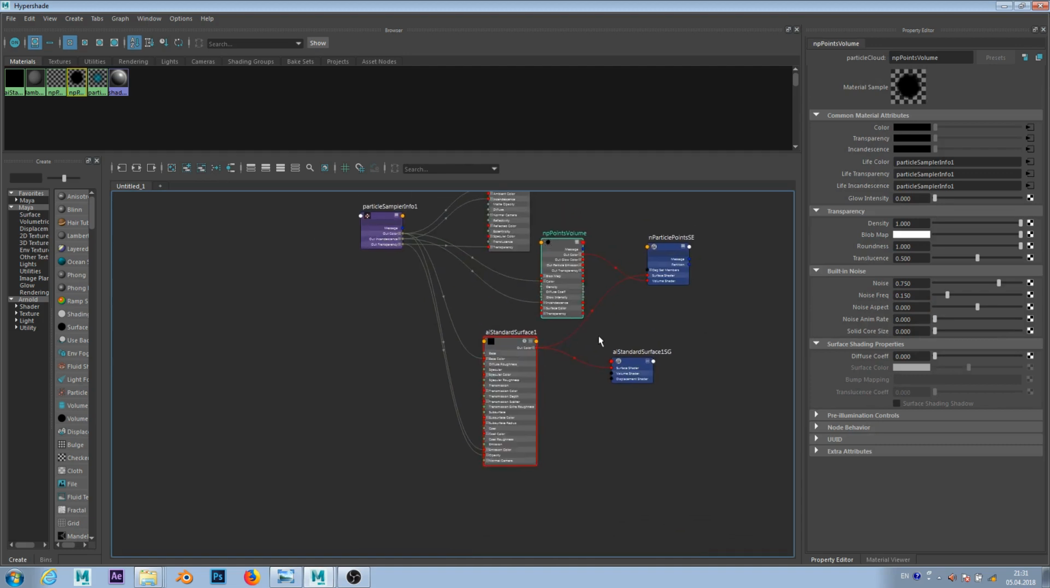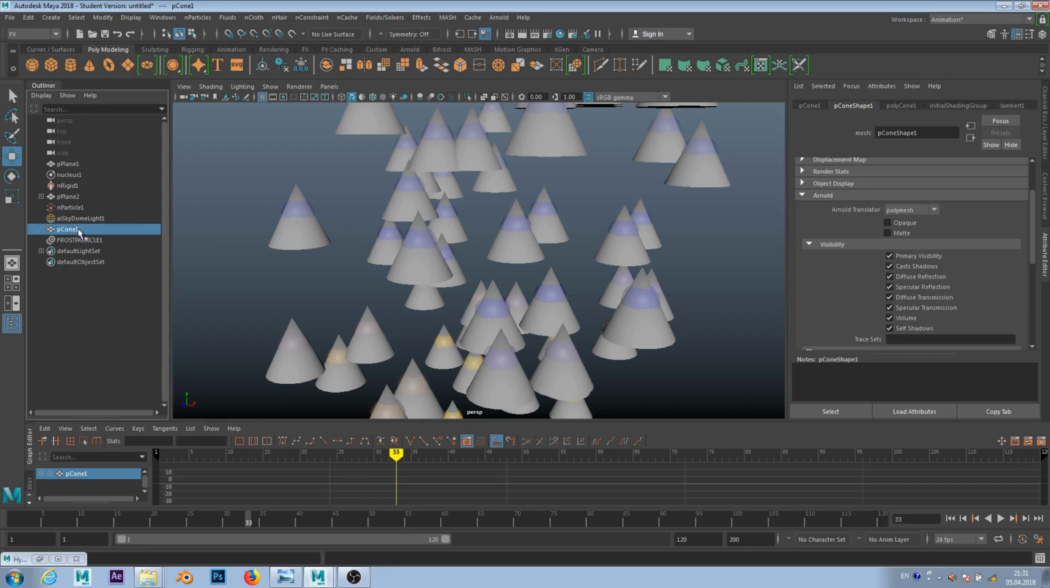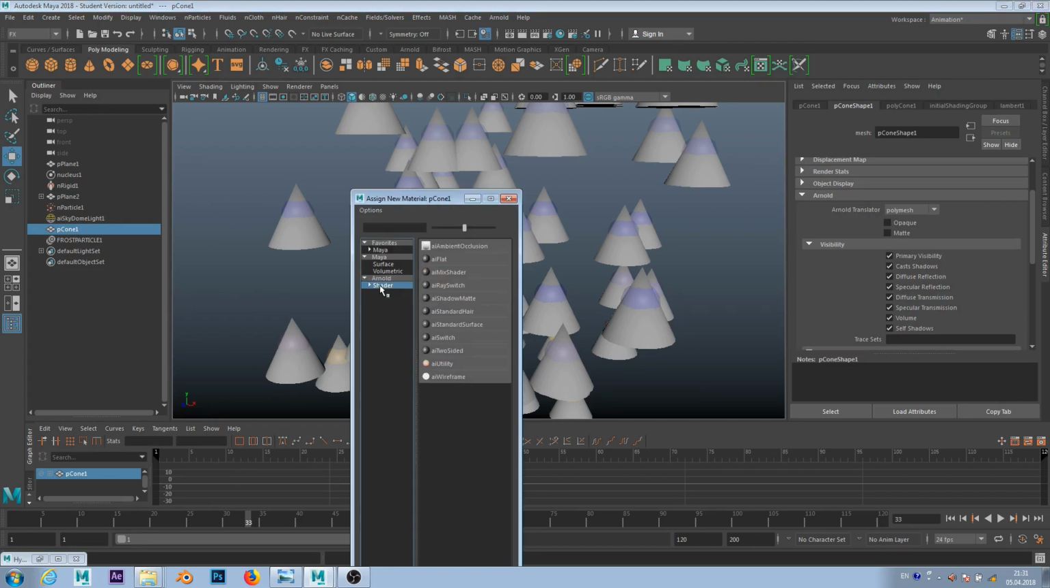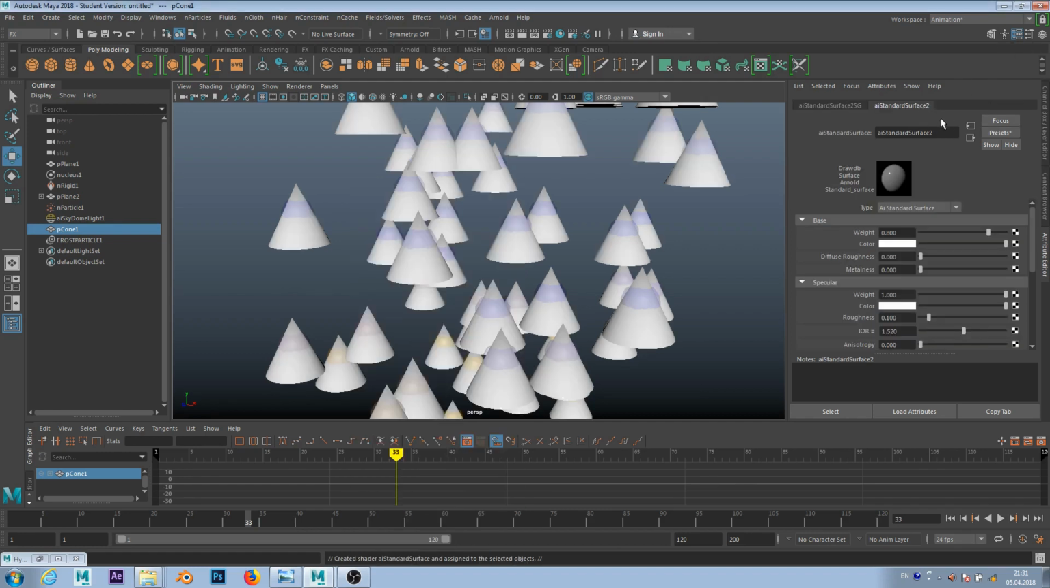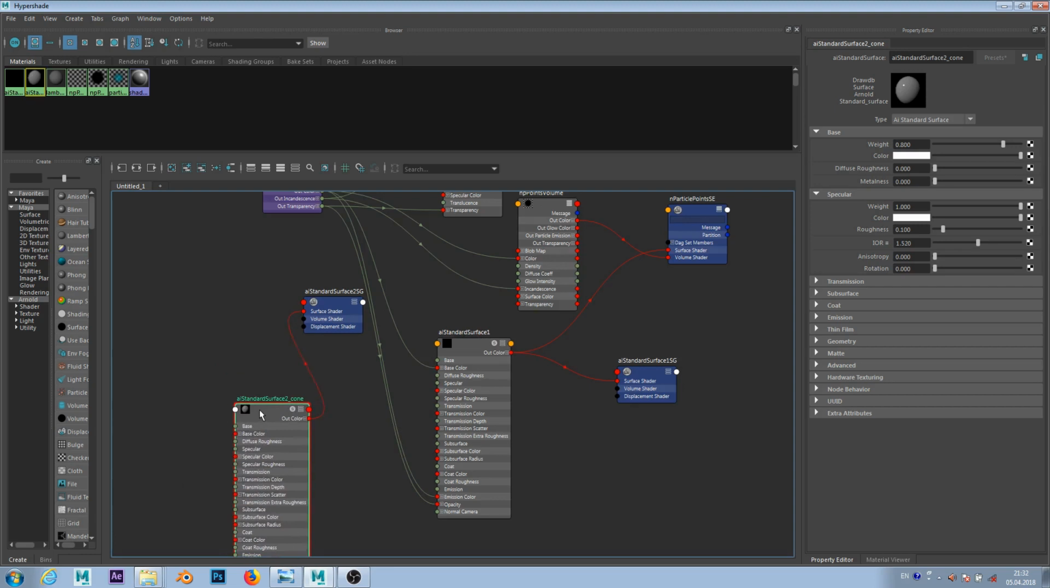So for this, let's select my cones from here, and I right click on this space here, and I will go and assign new material shader, AI standard surface shader, and I will rename this. I'll just add cone at the end, cone, so we know that this is the shader for the cone. Now I'll just go here